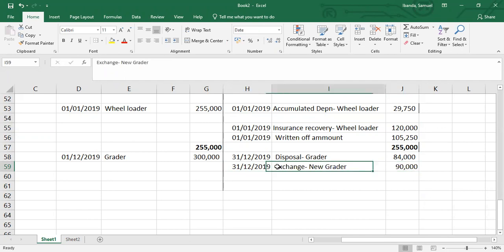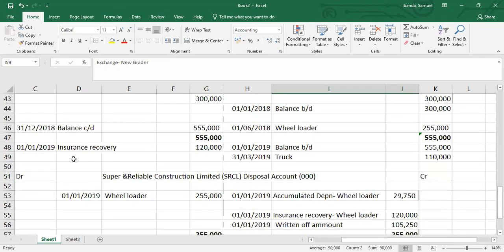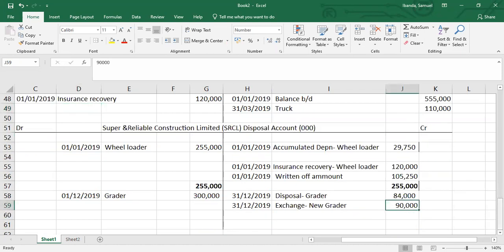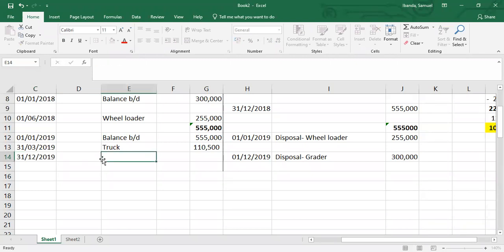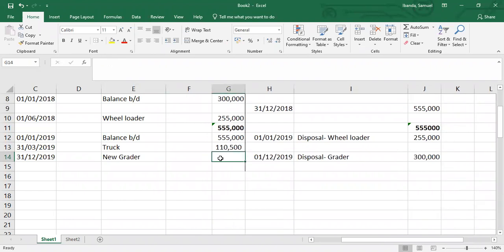Now, as we record it here, of course, if it was through cash, we would come and debit it in our cash book here. But remember, this 90 million will now be part of the new truck. So remember, on 31st December 2019, we have the new grader. Now, this new grader is coming in different; its value is a composition of the 90 million,